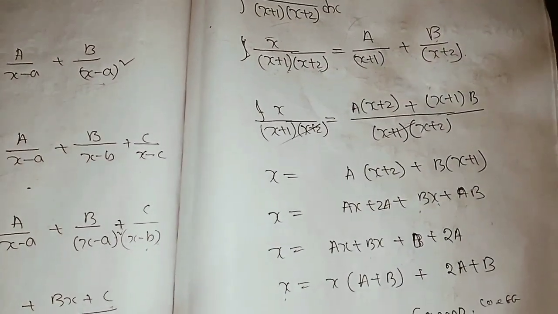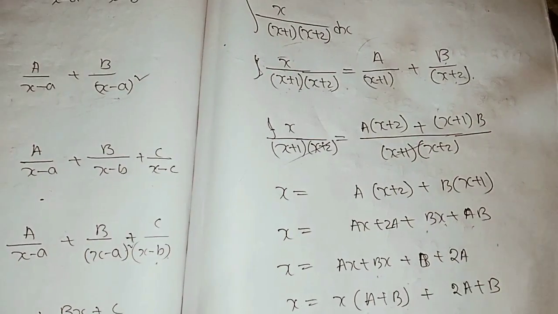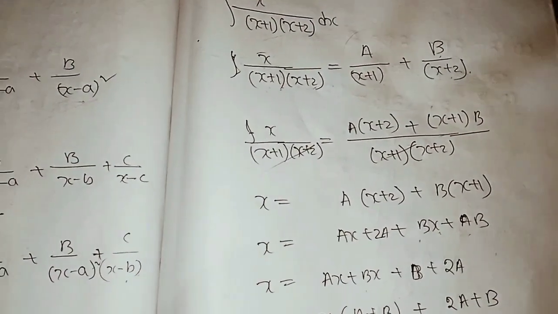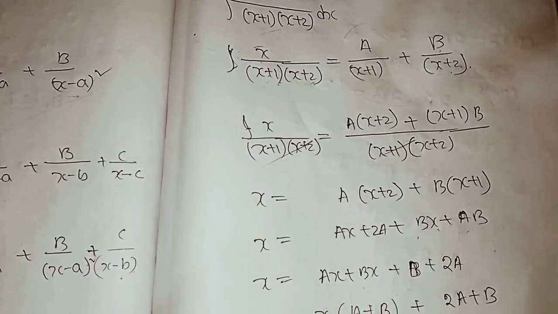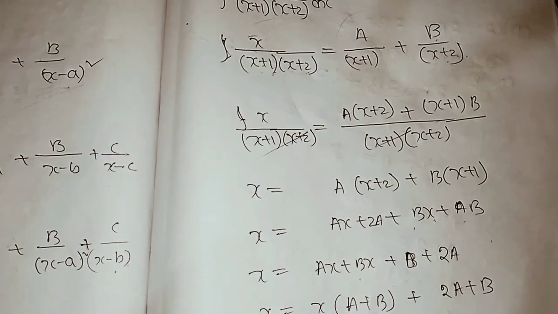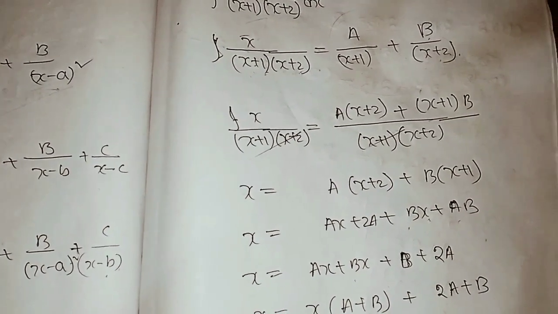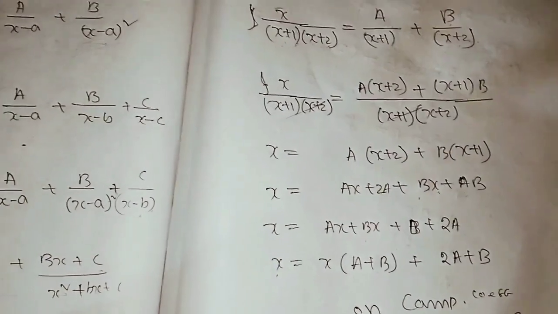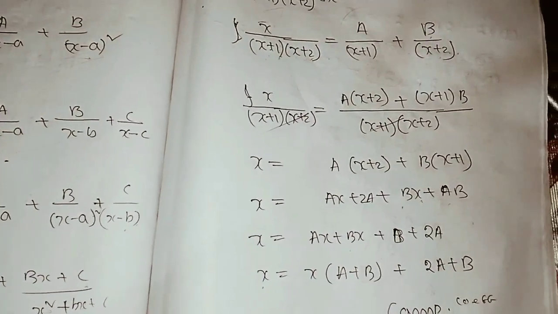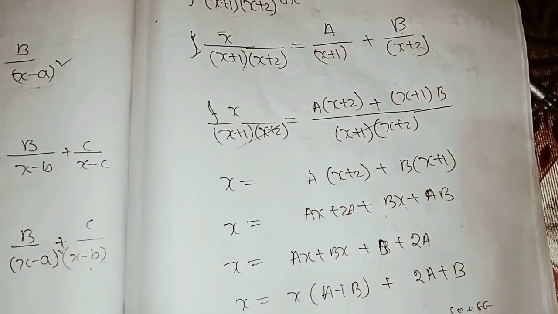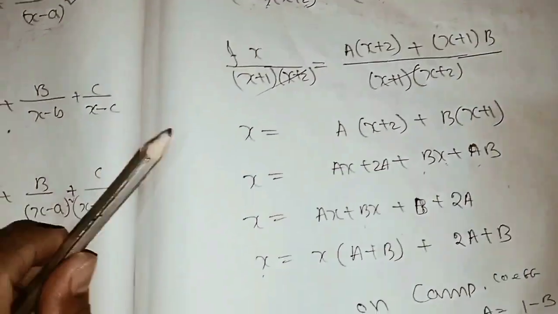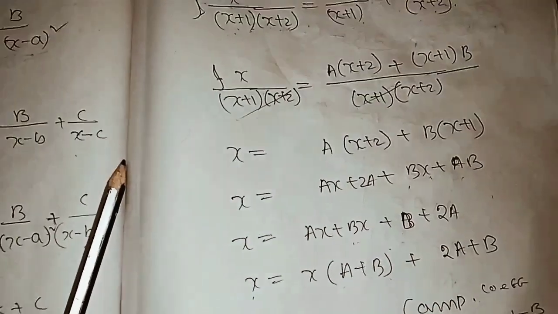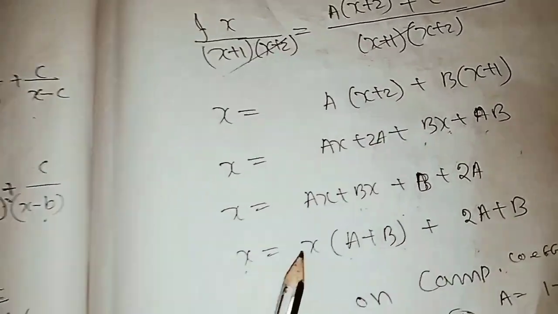So my dear friends, you can see here x is equal to what? a into x plus 2 plus b into x plus 1. So simply we multiply under the brackets, then we get this. Please wait, my hand is shaking. Okay, so you can see here